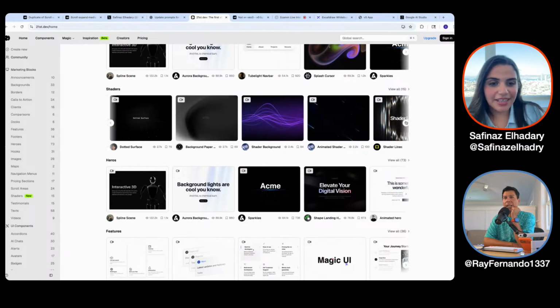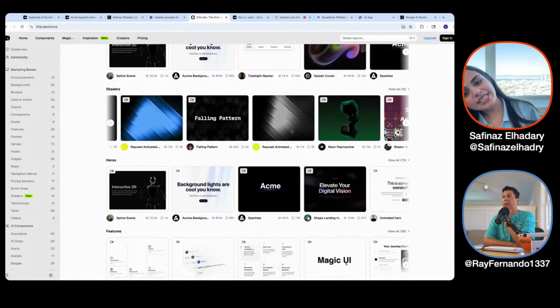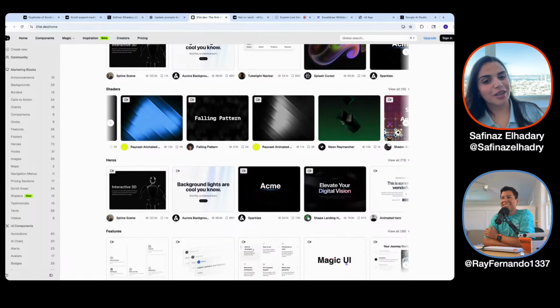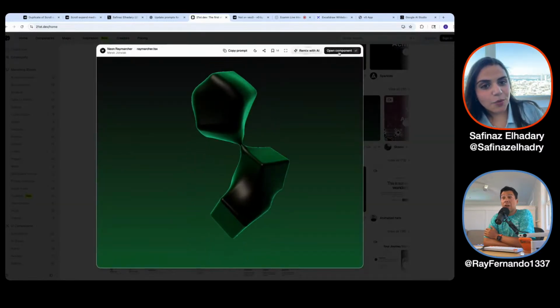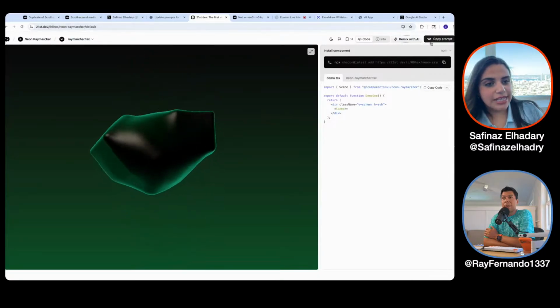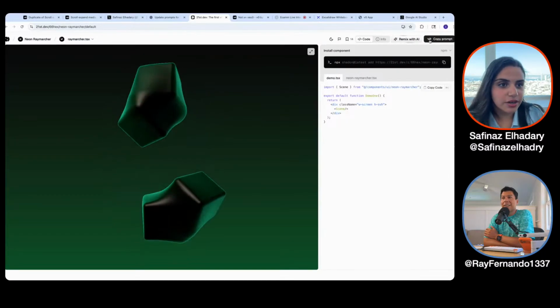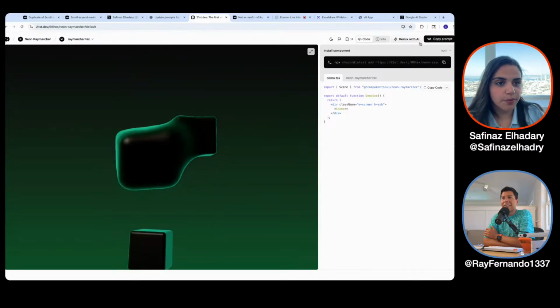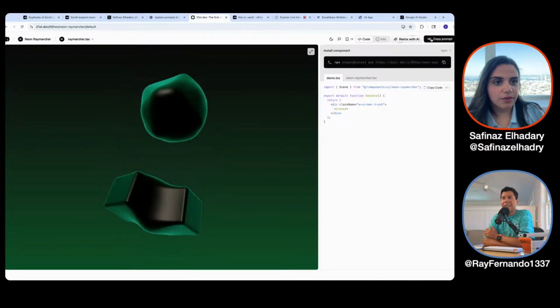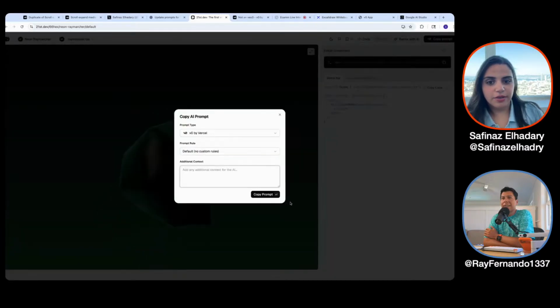There are so many. And the best thing is, maybe someone in the chat has a better technical term to describe it, but when you copy a component, it's connected to V0, so it copies it in the same language. Do you see here, V0, copy component, copy prompt, on the top right hand side? So if I copy, say for example, we love this one, I copy the prompt